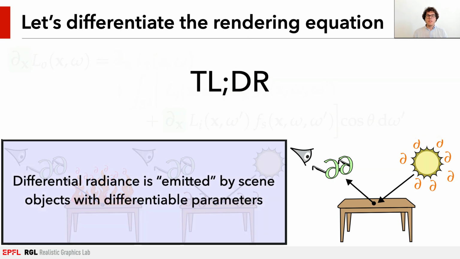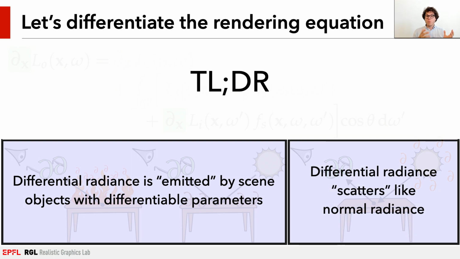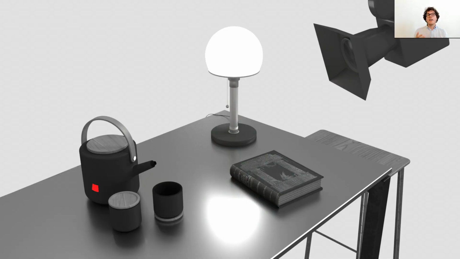So TLDR, there are basically two ways that derivative radiation can be created, either by differentiable emission or differentiable reflection. But then once it's created, it bounces around just like normal light. And let's now apply this idea to our example problem. We'll differentiate the rendering equation with respect to the texels of this teapot texture, and that